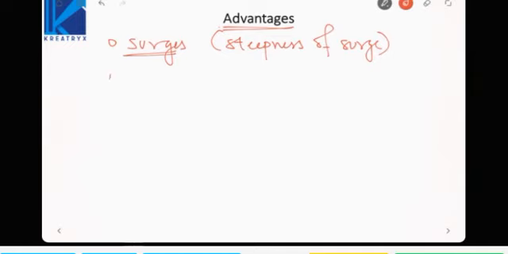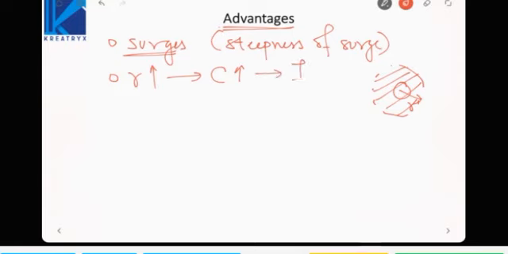Next, if the air around the conductor ionizes, the effective diameter of the conductor increases. Now this is the effective radius. So radius will increase, due to which capacitance increases, due to which line charging current increases. So this will be the disadvantage of the corona. It causes increase in the line charging current.